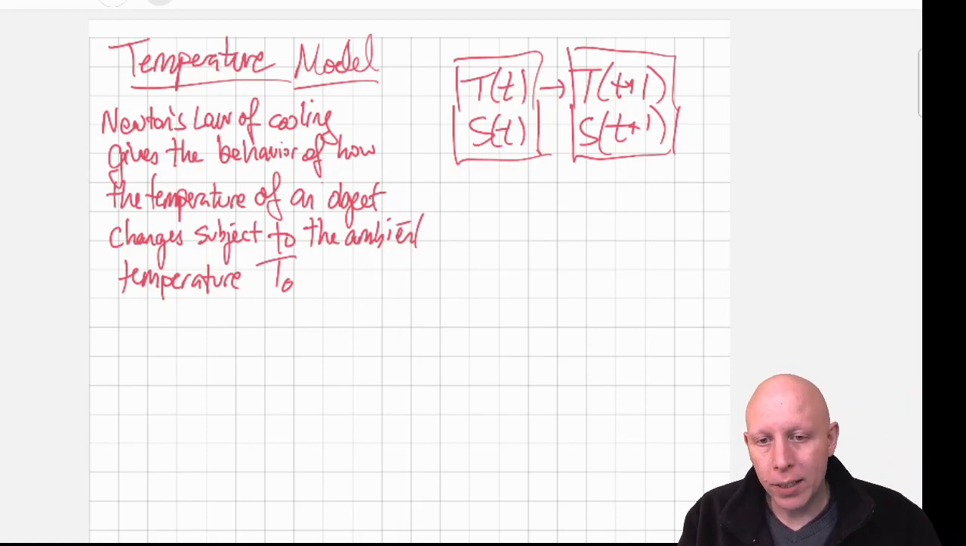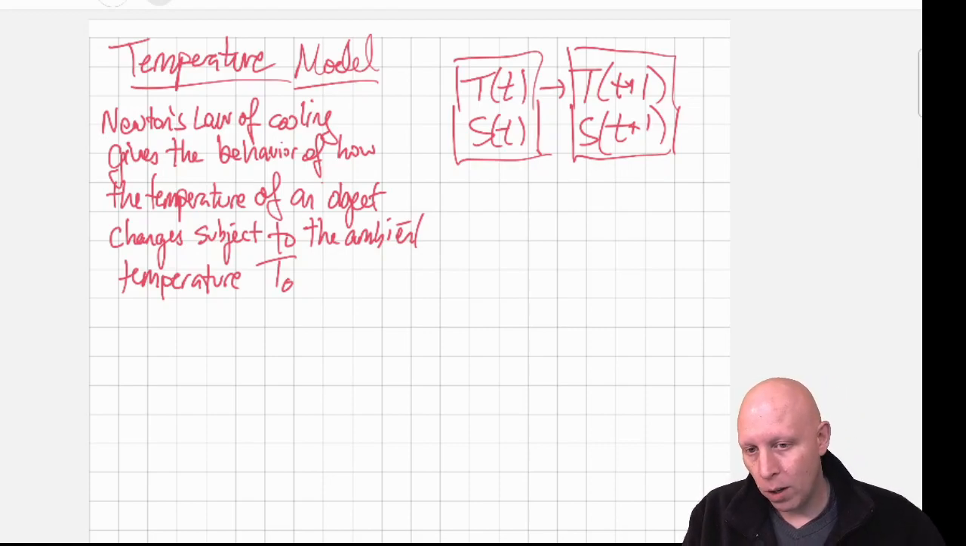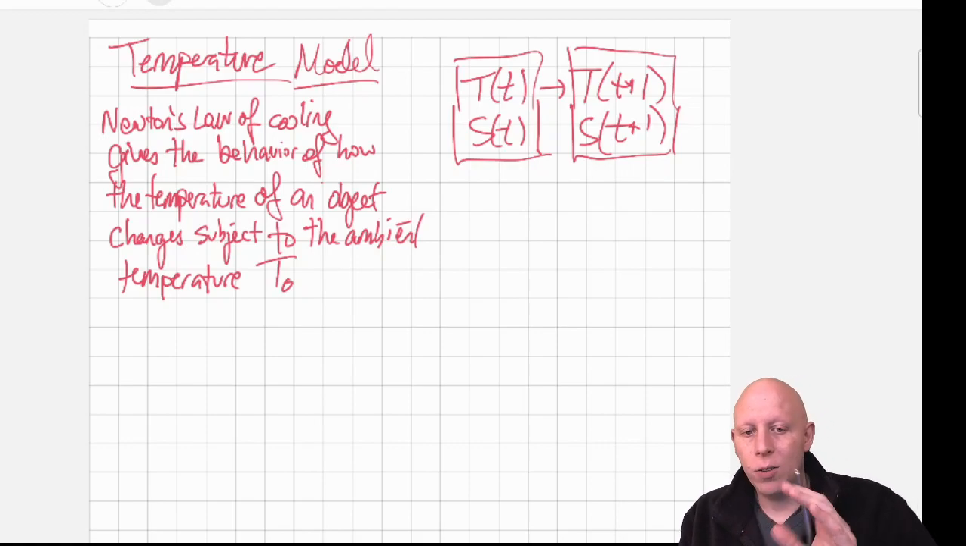Hi there, welcome back. I'd like to go through two more examples of first-order differential equations that can be used to model real-world situations. The first one is a temperature model. That involves Newton's law of cooling, which gives the behavior of how the temperature of an object changes subject